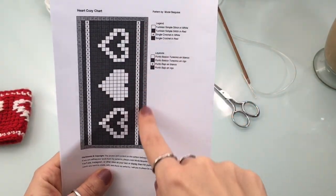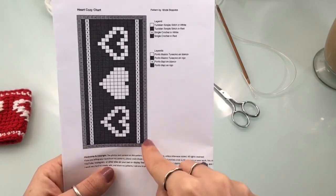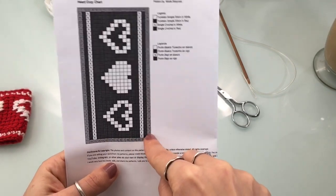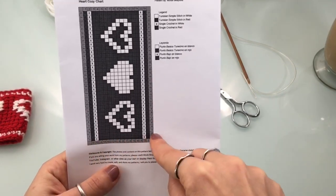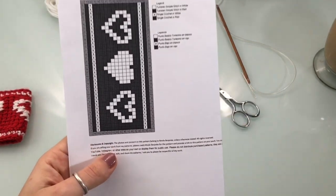So if you look at the chart, you're going to see these numbers along this side. That is the row number, so it goes straight across. Now the numbers you see along the bottom, those are your stitch numbers. So all of these are stitch numbers. The ones going up are row numbers, and up at the top of the chart,